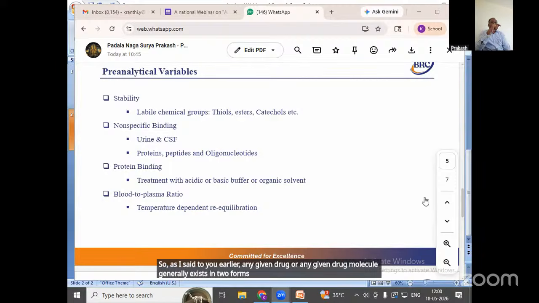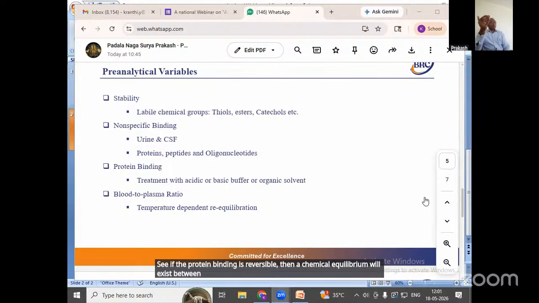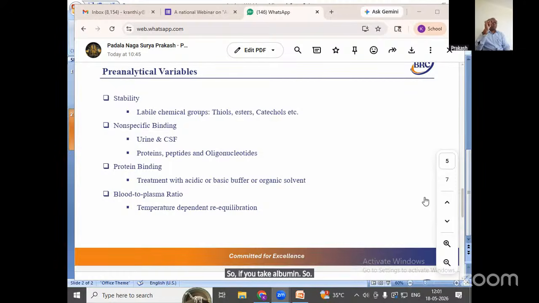One is the bound, the other is the unbound, and that could be either in blood, plasma, or serum. So if the protein binding is reversible, then a chemical equilibrium will exist between the bound and the unbound states of the drug molecule. So if you take albumin, it's a type of plasma protein and it